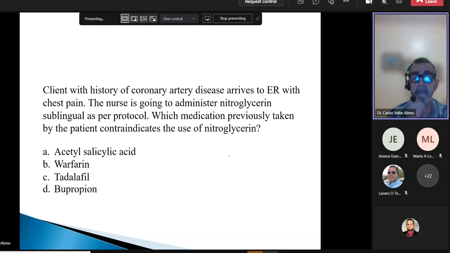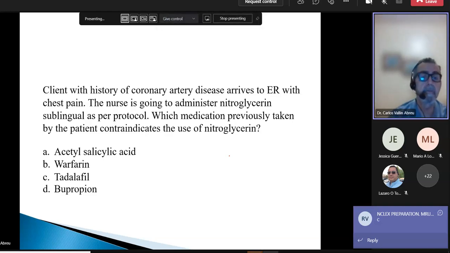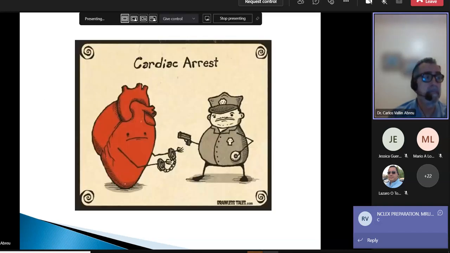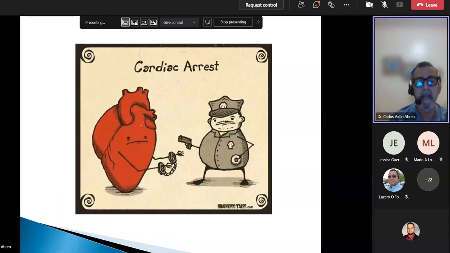Tadalafil is an erectile dysfunction medication like sildenafil that, combined with nitroglycerin, produces a severe, catastrophic, refractory hypotension that could be mortal. So it is a classical question. And because time runs out, you need to understand that the main cause of death in myocardial infarction is cardiac arrest during the myocardial infarction because of ventricular distress. And it is something that we